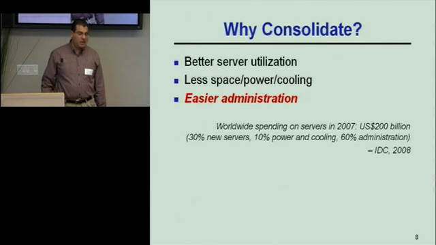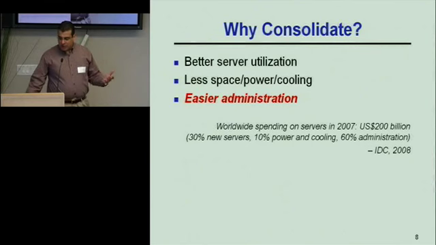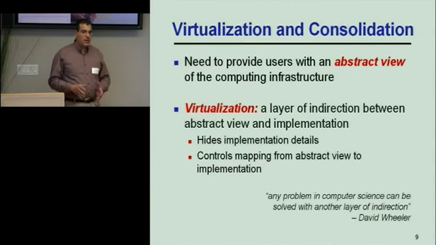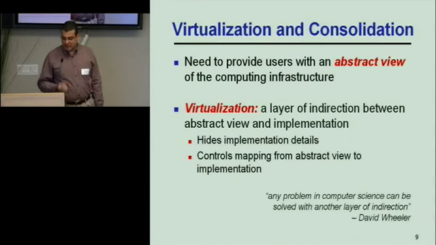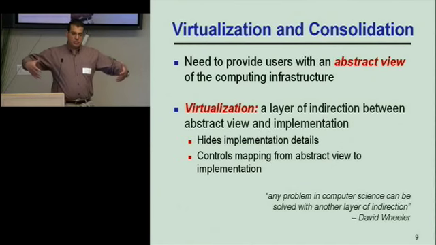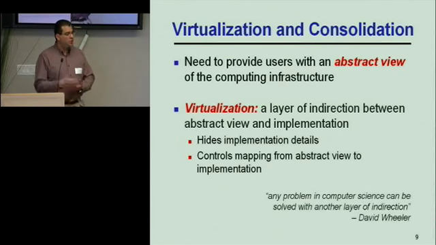operating the server. Okay? So whether in a cloud environment or a traditional IT environment, we're moving to a consolidated infrastructure model. Okay? And when we use consolidation, virtualization becomes important. Virtualization helps us provide users with an abstract view of the computing infrastructure. You don't want users to be aware of the details of the infrastructure. You don't want users in a cloud environment to be aware of which data center, which server they're using. In a traditional IT environment, you don't want users to be aware of other applications that are sharing the server with their own application.